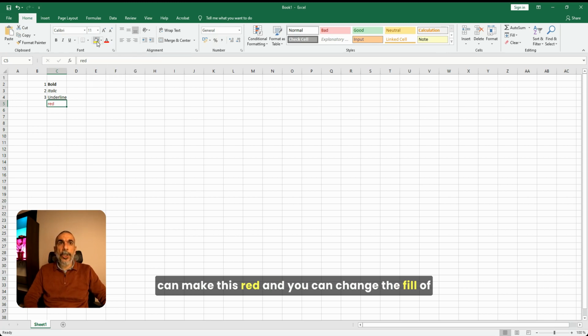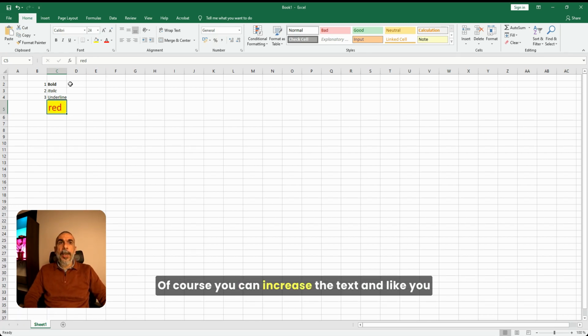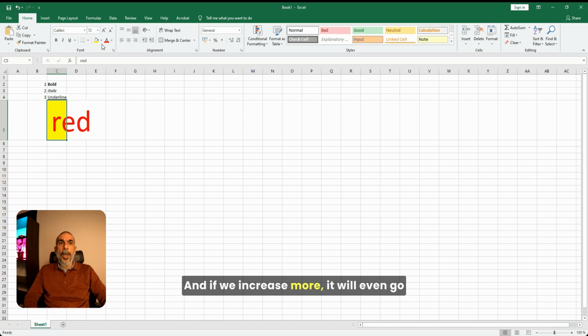And you can change the fill of the specific cell or cells that you are choosing. And this is done easily by just the normal formatting. Of course, you can increase the text, and like you see, the height of the row is getting affected. And if we increase more, it will even go outside of the cell